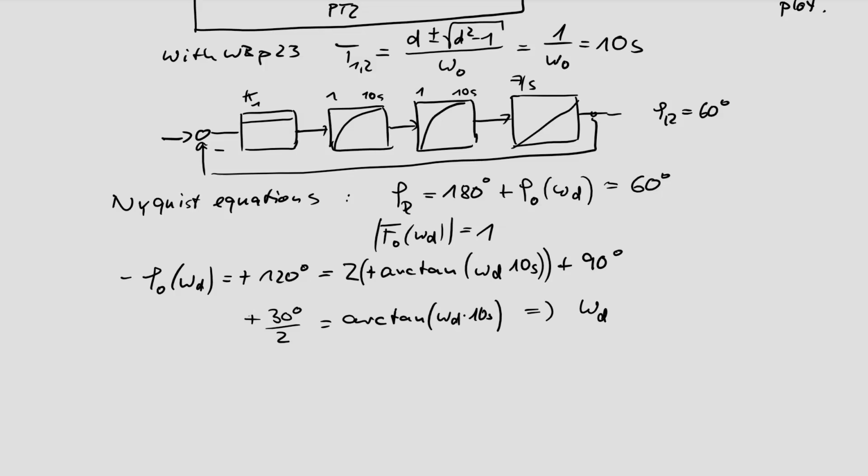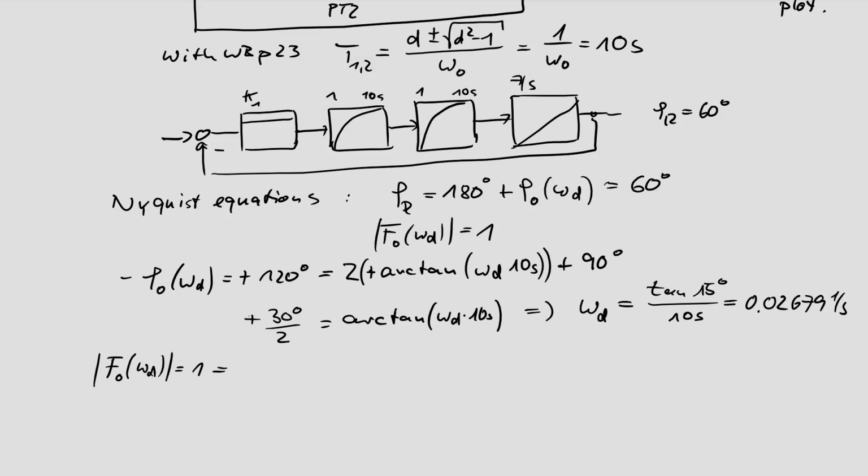Then omega d, the crossover frequency, is then tangent 15 degrees divided by 10 seconds, and this value gives, with handheld calculator, a very small value, 0.02679 per second. So the crossover frequency is now calculated, and now we can go into our magnitude equation, which should be 1,